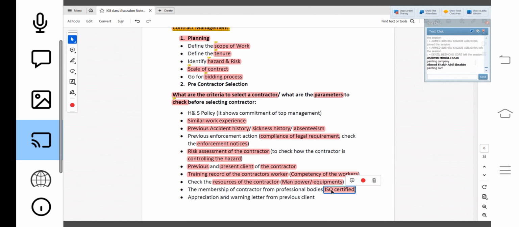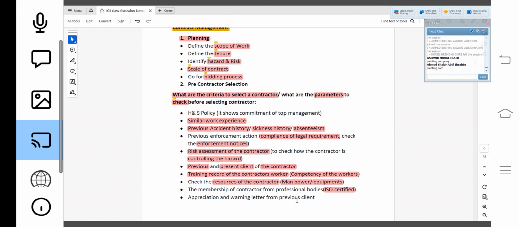If any organization has this, I will give the contract to them. This is also one of the checkpoints, or you can say parameters or criteria, for selecting the contractor. Then appreciation or warning letter from the previous client.